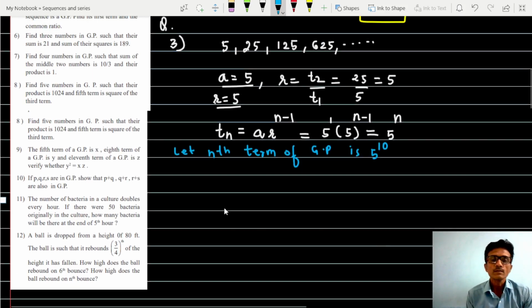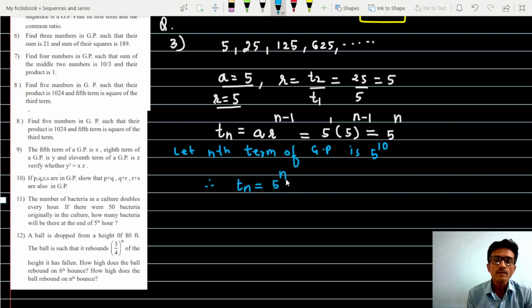Therefore, what is our nth term of the GP? It is Tn equal to 5 raised to power n, and that is equal to what? Say 5 raised to power 10. So n must be equal to what? 10. Therefore